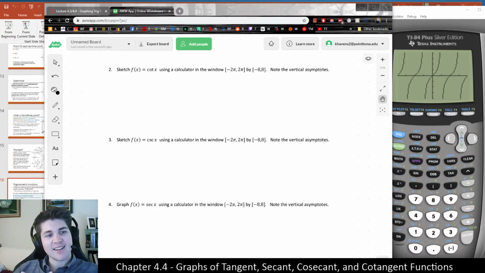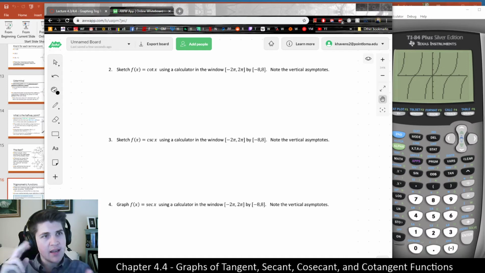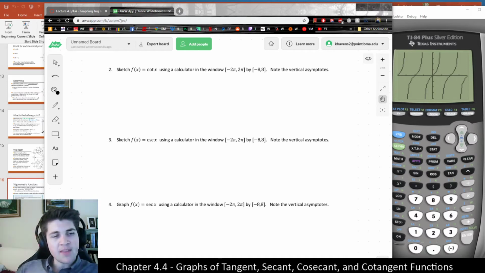Let us next discuss the graph of the remaining three trigonometric functions, secant, cosecant, and cotangent. And this, we're going to take a much shorter approach because this lecture is already getting way too long. But let's just use our calculator to graph them from here on out. So what's kind of key to remember about the other three functions is, well, always reverting back to what is